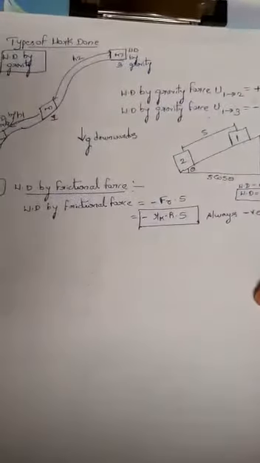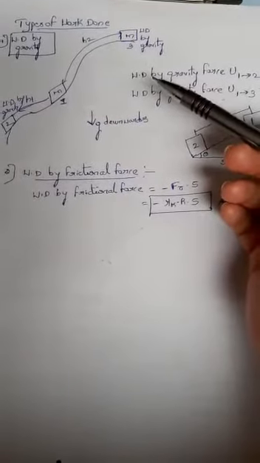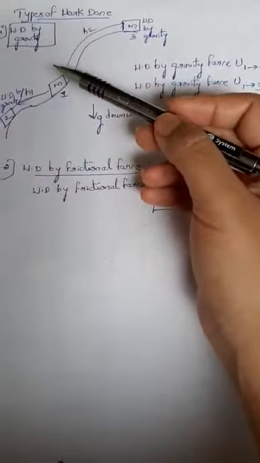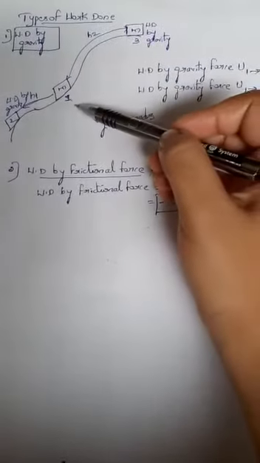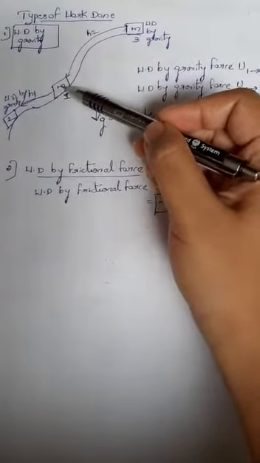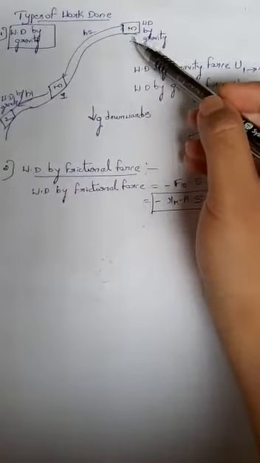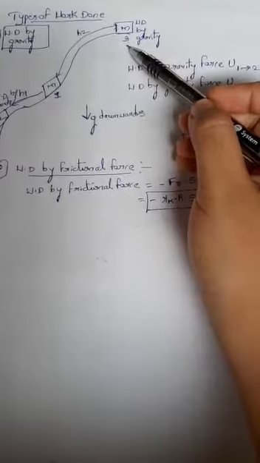Okay, now let us understand some of the concepts in this. What are the different types of work done? Usually we'll consider the work done by gravity. Let's say on this curve a block is there of mass m. So I will apply a force F, because of which the block will move from position 1 to position 3. Now what is the work done by the gravity force here?